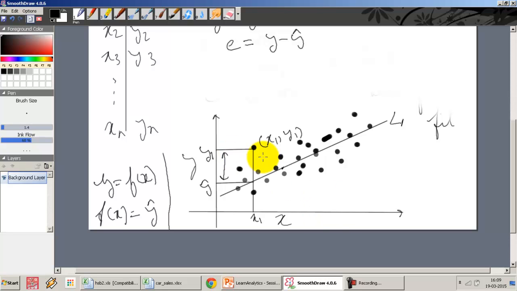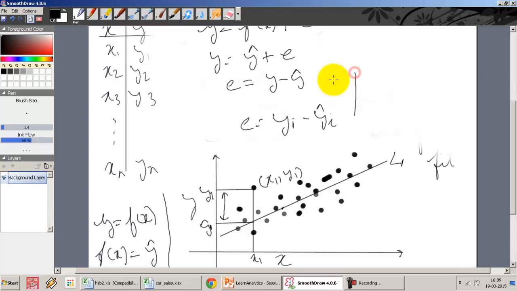For this particular observation, let's call this y hat i. So the error over here is yi minus y hat i. And for i equal to 1 to n, for each of these dots, or each of these observations in time, I can actually figure out what is the total error. So if I use the summation option over here for my complete data set,